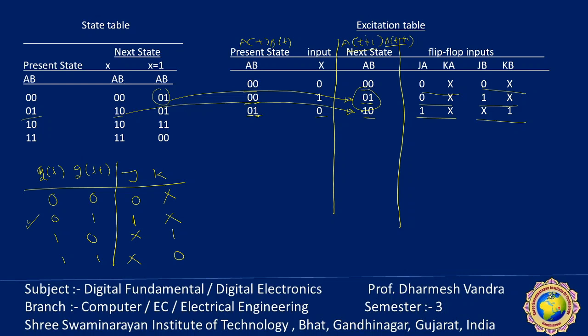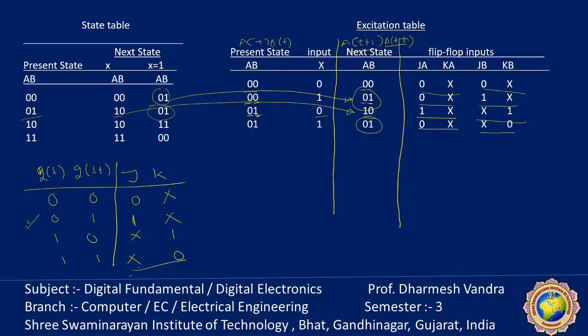So 1 and 0, input 1 0 x1. This will be here. Now 0 1 and input is 1. So 0 1, input is 1, the next state is 0 1. So 0 1 0 1. Both are A, and A plus 1 is 0 0. So 0x. B, B plus 1 is 1. So 1 1. So that means x0. This is applicable.